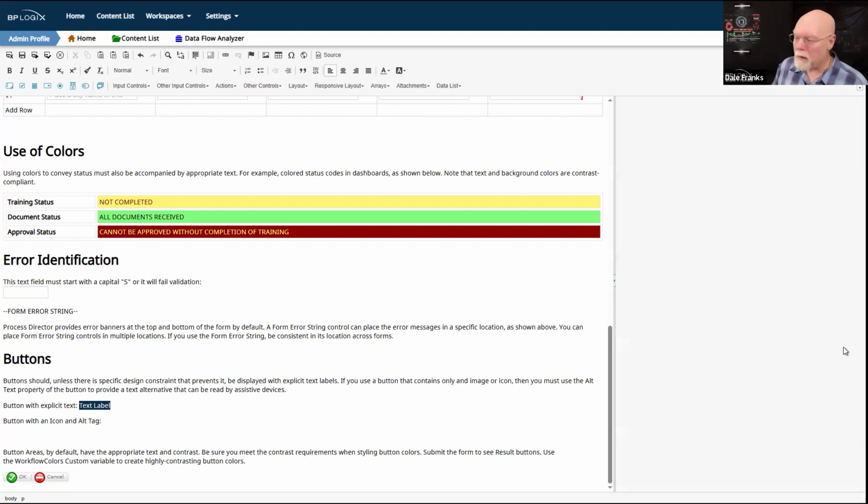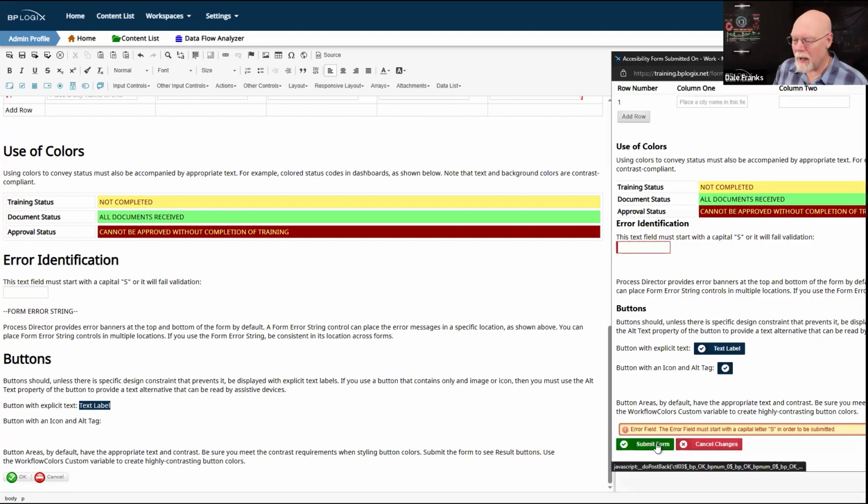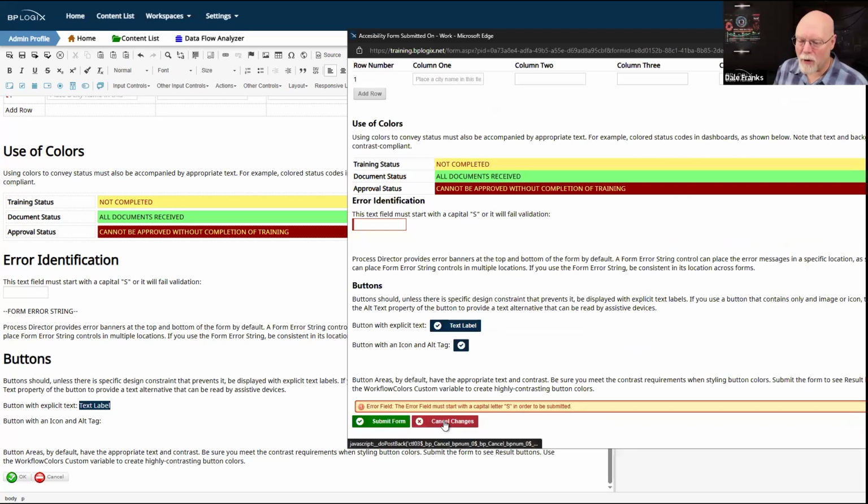Now, for button area controls, we handle all that for you. We have the appropriate colors. We have the actual text representation that appears on the button. So this all works the way that it's supposed to work. In the background, these are obviously JavaScript buttons. So as you can see at the very bottom of the page, all the JavaScript stuff pops up. But our colors and contrast and everything are set the way that they're supposed to be set.